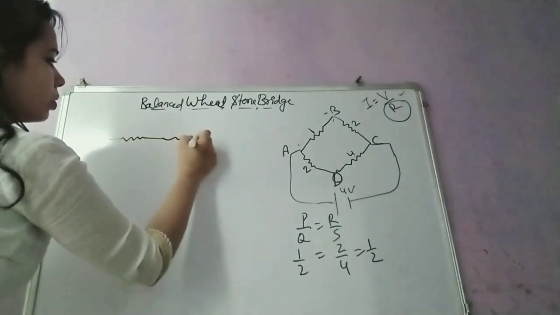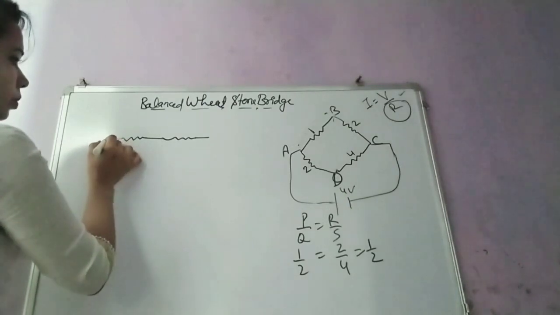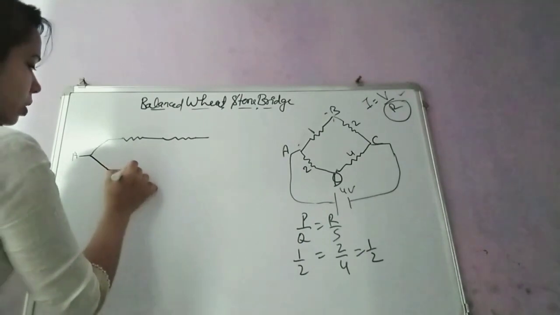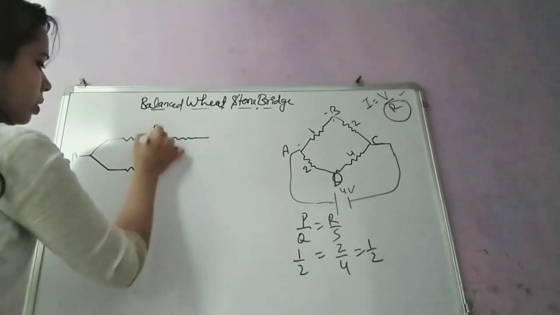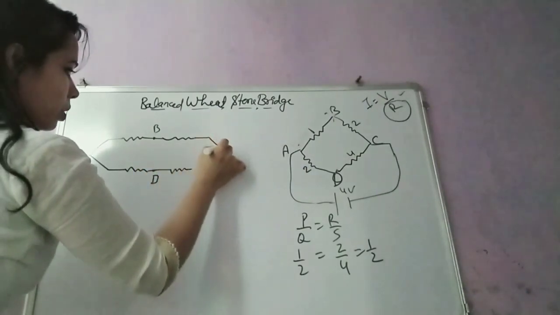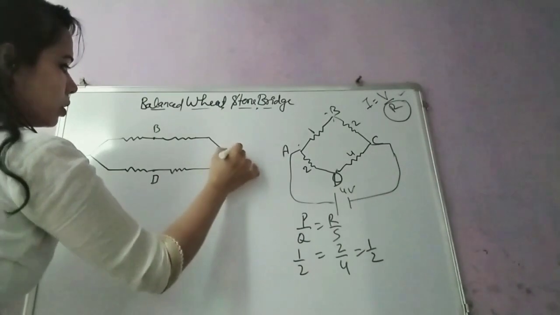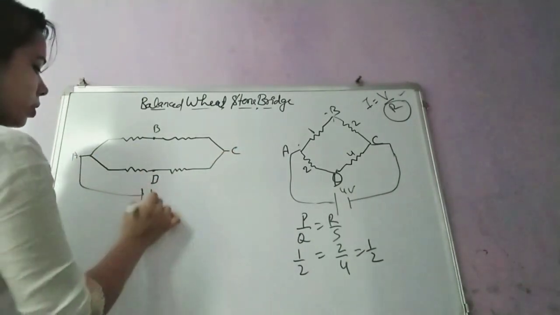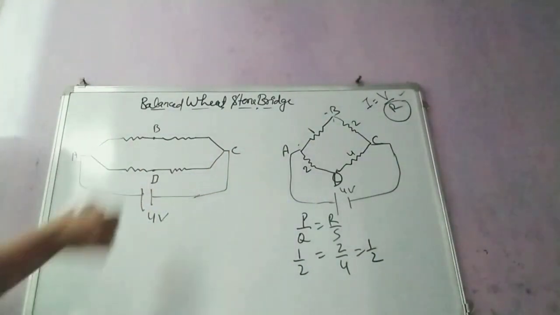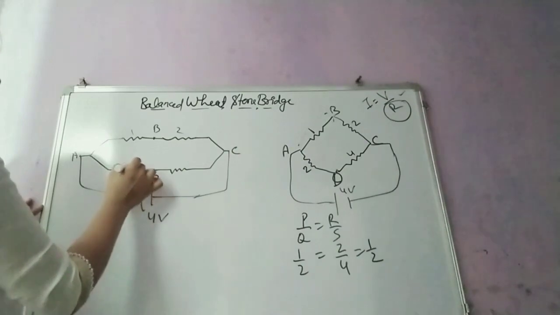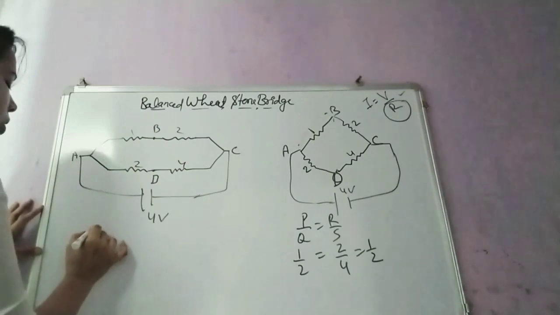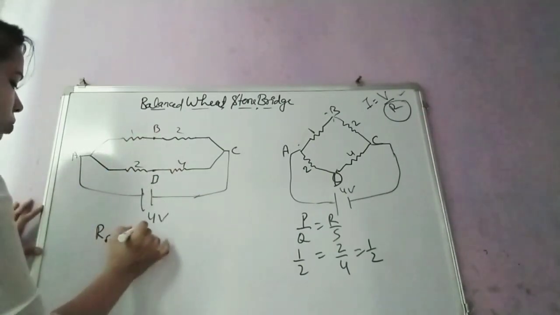1 ohm, 2 ohm, A, this point is B, and this point is B. Now this one is C. You can connect with the battery. So this is a 4-volt battery. So now it's easy. You can add it. 1, 2. This is 2, 4. So 1, 2. It is 3. Their equivalent will be what? RS equals 3. 1 plus 2. I'll write 1 plus 2. That is 3.